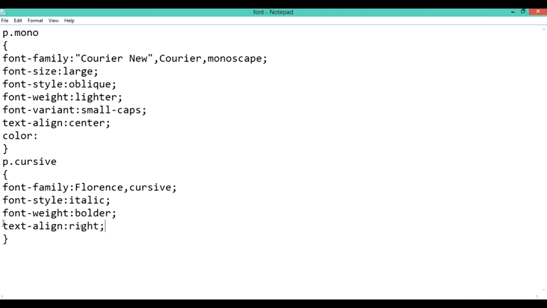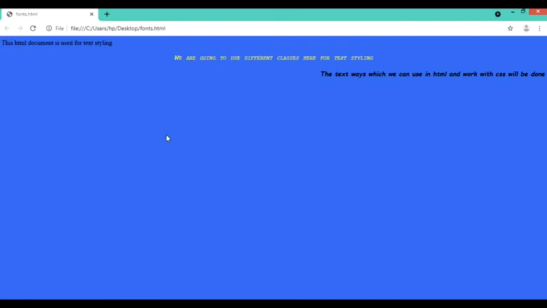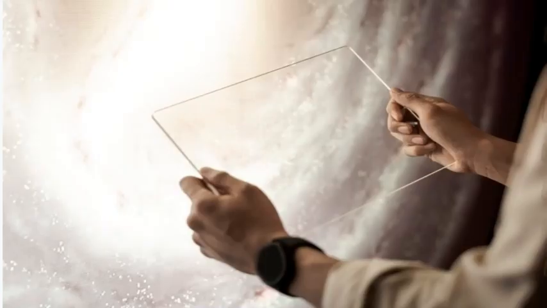So basically we can also give a color, as we have already done in the previous video. For the color we just write color and whichever color we want to give to that particular text. So as you can see over here, the color has also been changed for that particular text, and also it has moved to the center and the other one has moved to the right hand side. So these are the different ways through which we can work with the properties of text.